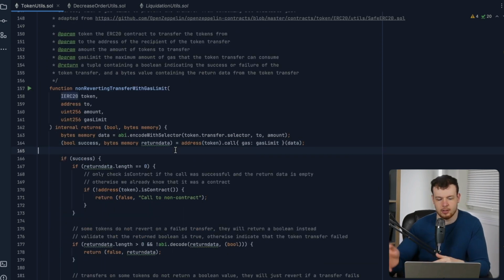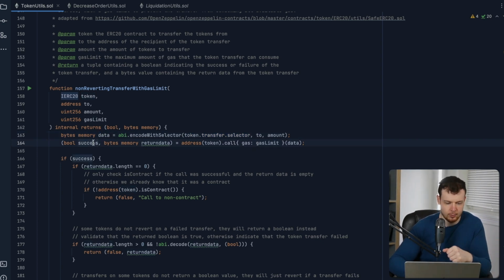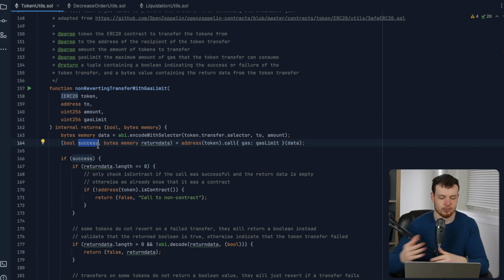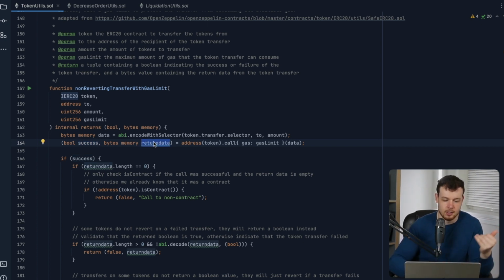And so we're calling a token and we're using the transfer selector. This is all fine. And we give it a certain amount of gas and we get either a success, which is either this actually was a successful execution or execution reverted. And then we get some return data. And with ERC20 tokens, the return data for the transfer should be a Boolean, right? Indicating false or true, this transfer succeeded or not. Or of course, some of them revert, and then of course some of them just return false always,